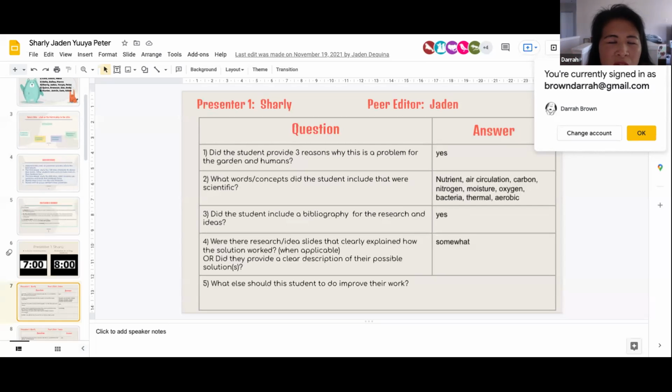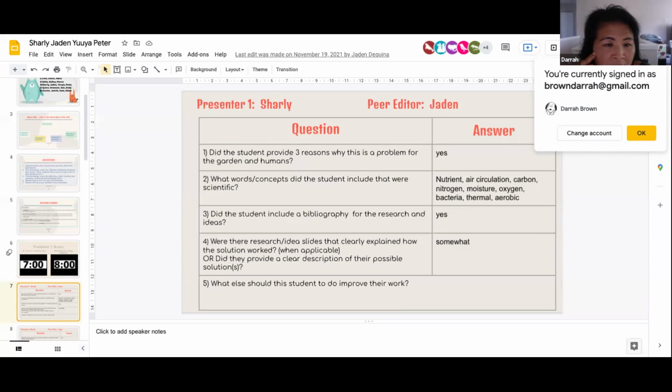So we talked about the 3 reasons. Basically, what you're trying to do is elicit the main parts of your project that you want the kids to write about. Your students should write about 3 reasons why whatever problem they're addressing is a problem for the garden and humans. Science, you want to have them have some content to it. I told them this is different from elementary school where you gardened, because you're going to actually give me the science. You're going to explain to me what is happening here with your compost bin. I know these students did a compost bin.